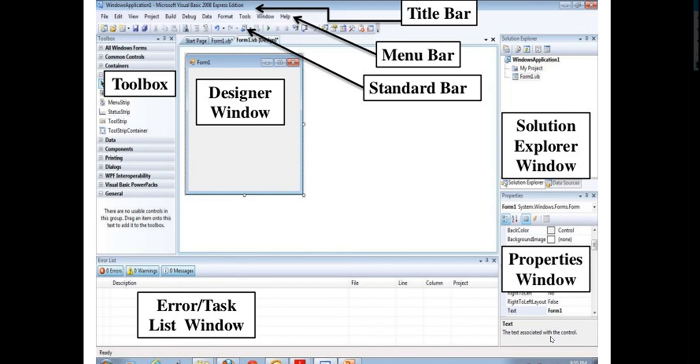Okay, now what happens in the title bar? The title bar is present at the top of the window and displays the name of the currently open project. So this is going to show us the currently open project. Whereas the menu bar contains many menu items and submenus. So these are all menus, and they contain submenus in them. These items give us access to various options which help in developing the applications.